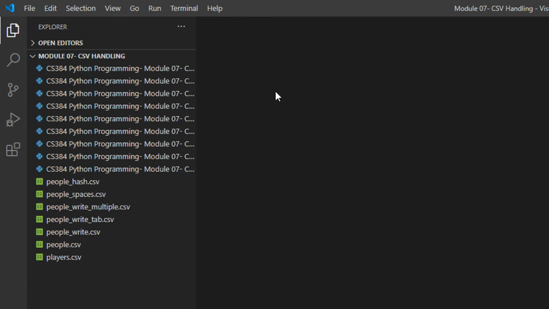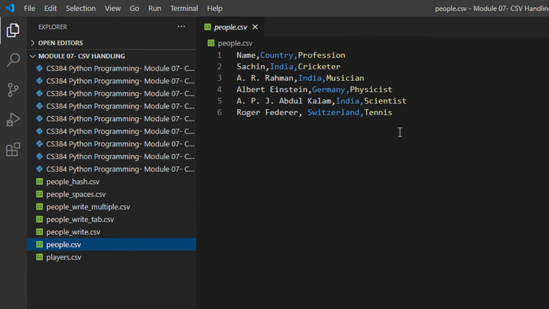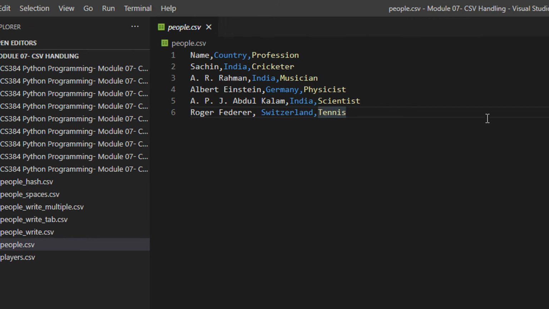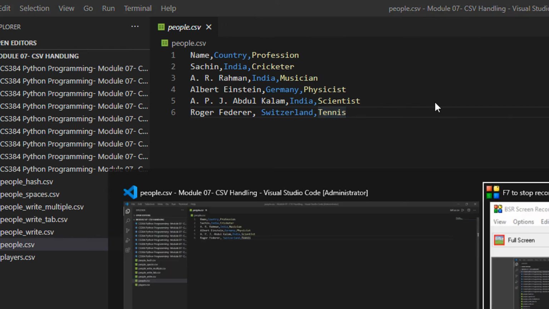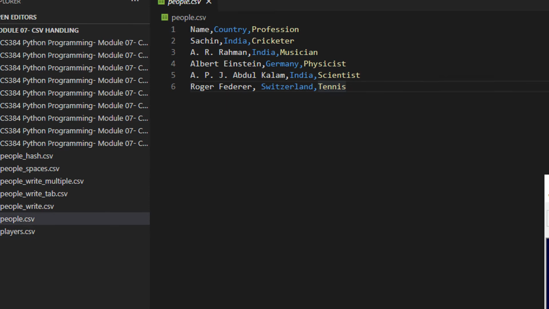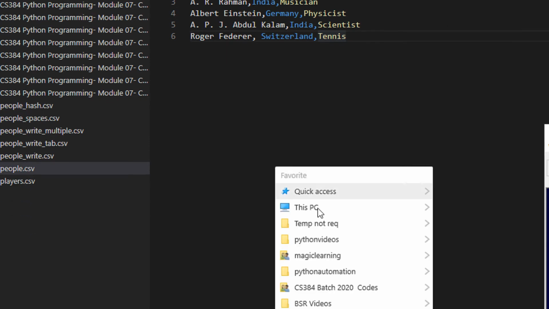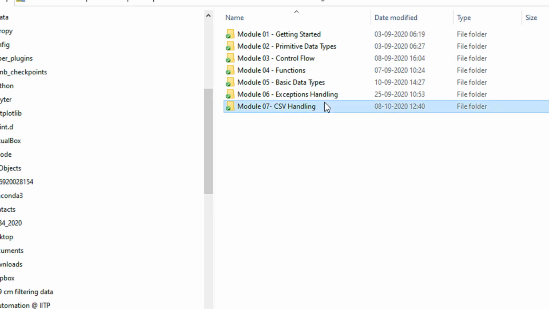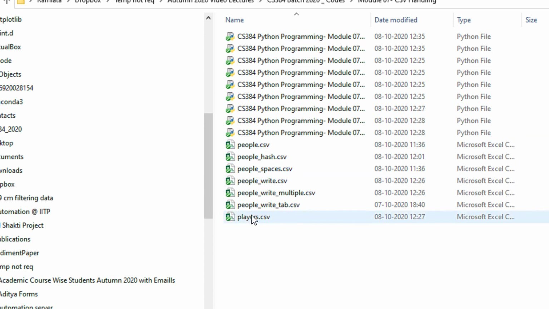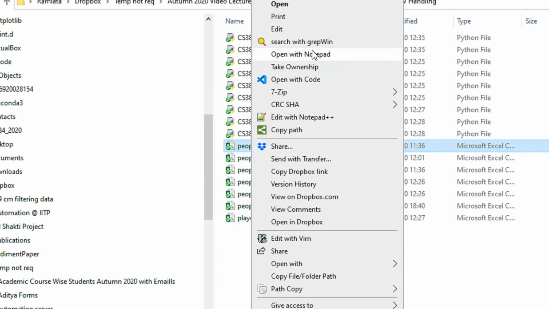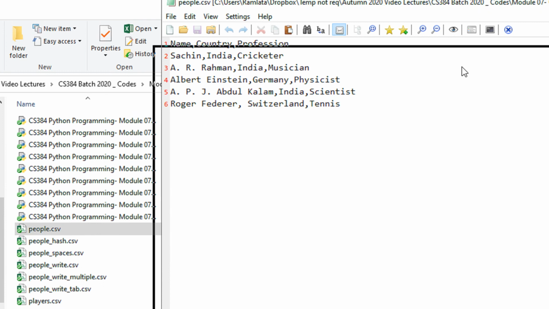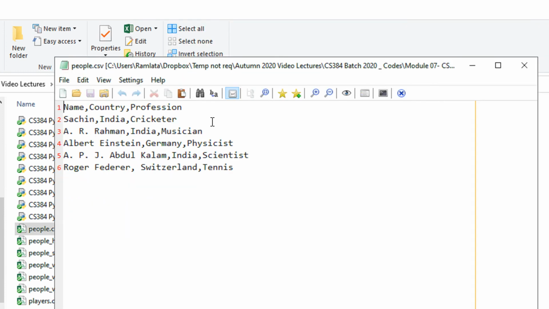So the first topic we will see is what a CSV file actually is. Since I have Rainbow CSV already installed here, let me open up my folder. First I will show you the plain CSV file. How does it look in Notepad? A CSV file looks like this. We have name, country, profession.